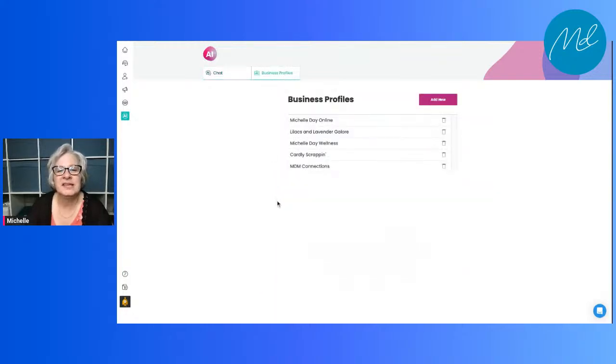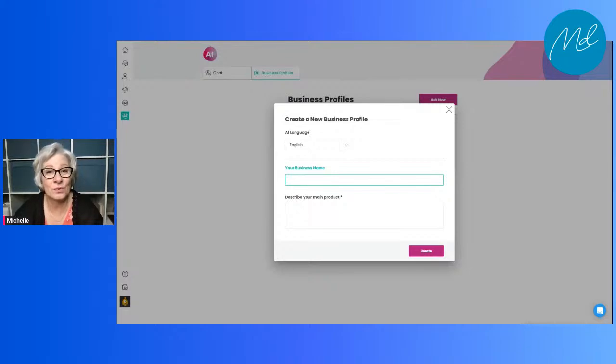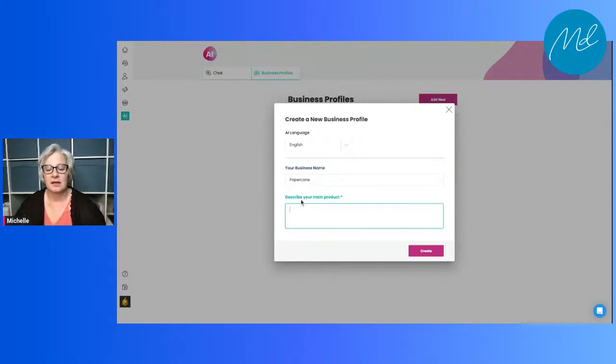So we need it to set up, and you can see I've got a few of these already. We're going to have it write up a business profile for us because we need this in order to do our website. Okay. So our business name is Paper Lane. It could be one word or two. It's a little bit unique as one word. My vision is a little wonky tonight, guys. Sorry. Okay, so Paper Lane